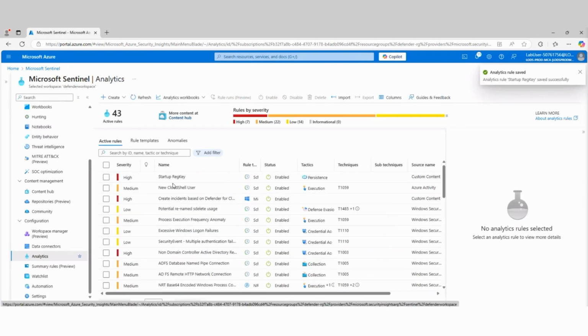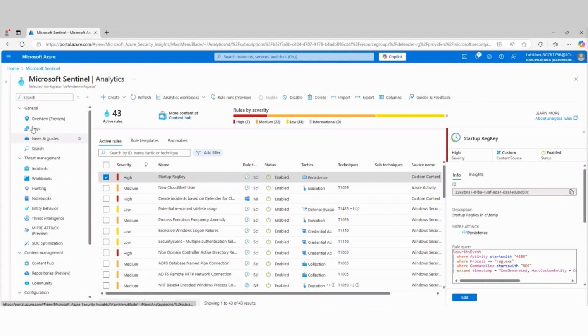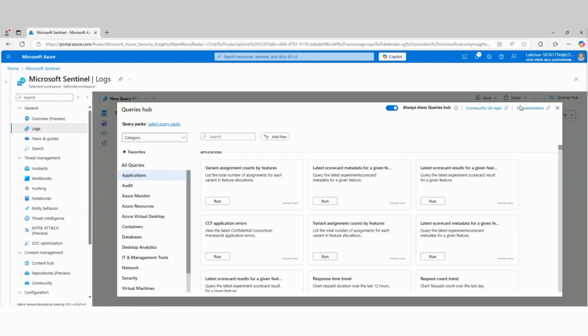So now I have a new rule set up in here that's going to look for any registry key changes. It's going to run every 5 minutes and scan the log analytics workspace. And because there's an entry in there, if we go back to our query from earlier here,